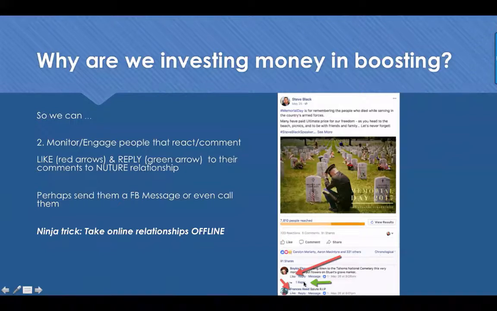You could choose, as you see with the green arrow, to reply, and then you would have a reply that would be showing. So you could say, "Hey, good for you for going to the cemetery. I make a goal of doing that first thing in the morning every Memorial Day as well." And then all of a sudden, other people see that, and they'll say, "Hey, I like what that's all about," and we can take that step one process to the next level off of people that are liking your replies.